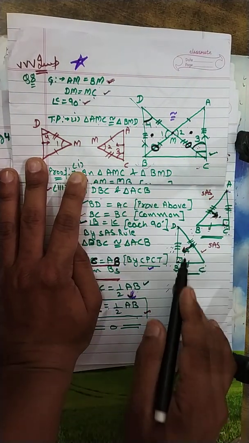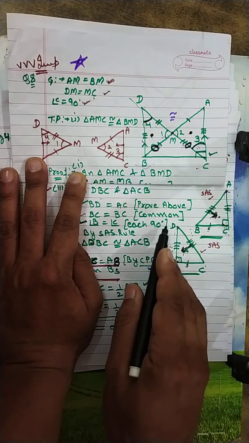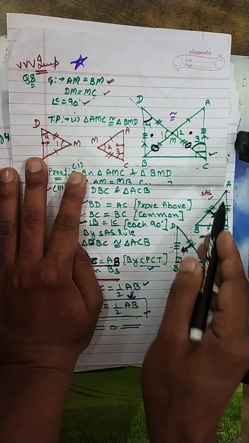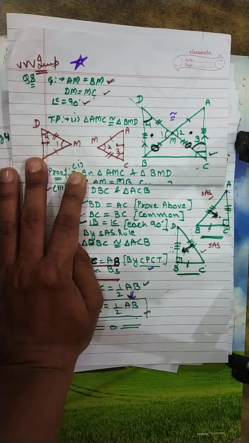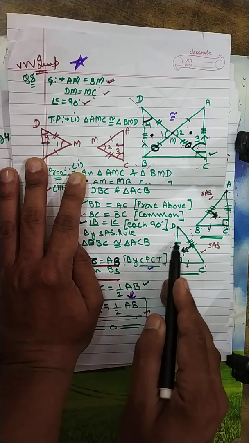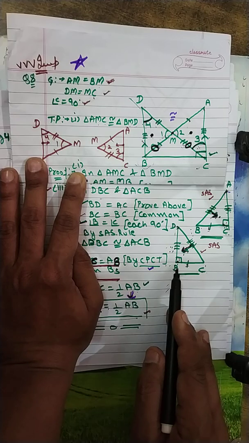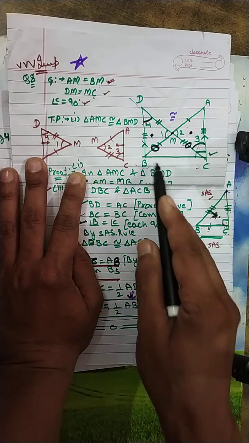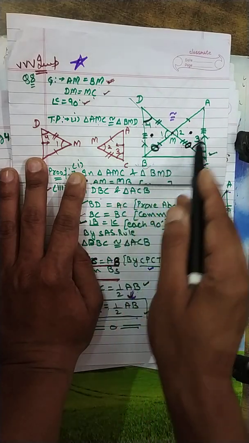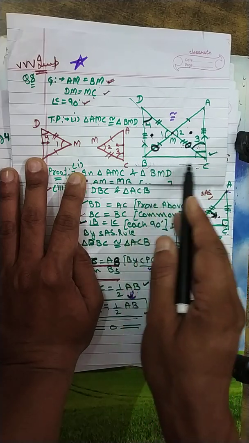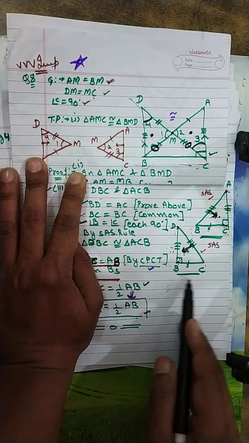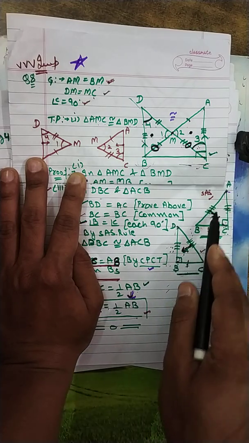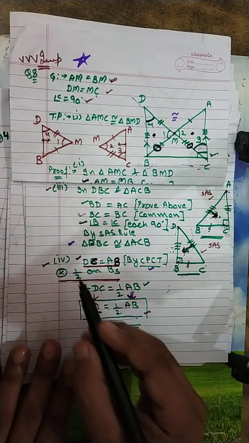For that, I have made both the triangles separate here, DBC and ACB. You can see the same labels. AC equals DB, we proved in the first part by CPCT, so I have marked DB equals AC. Angle B is 90 degrees according to the second part, so angle B and C are both 90 degrees. BC and BC are common, the same base for both triangles. So by side angle side, both triangles are congruent. It means our third part is also solved.